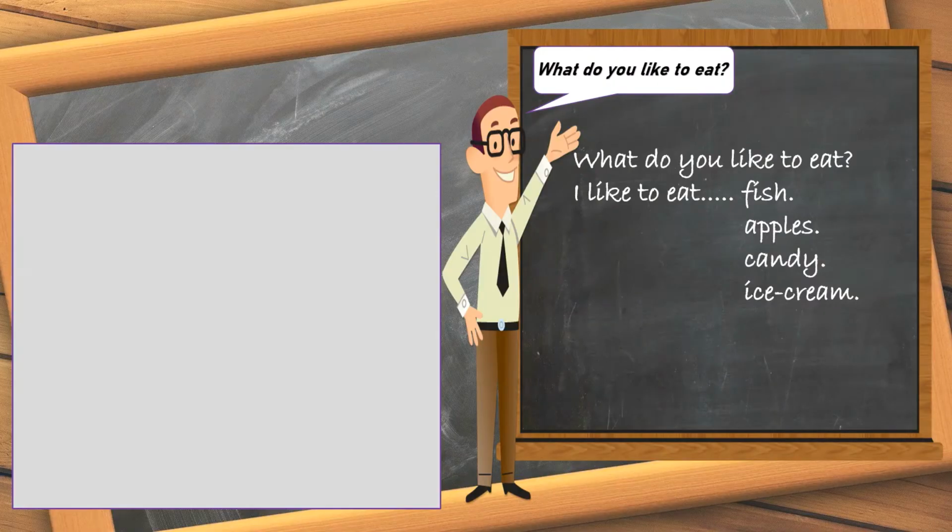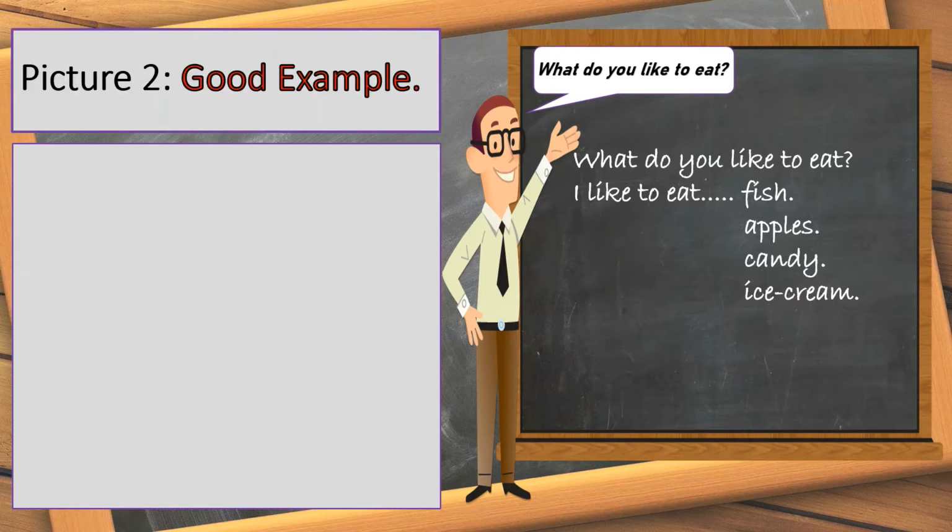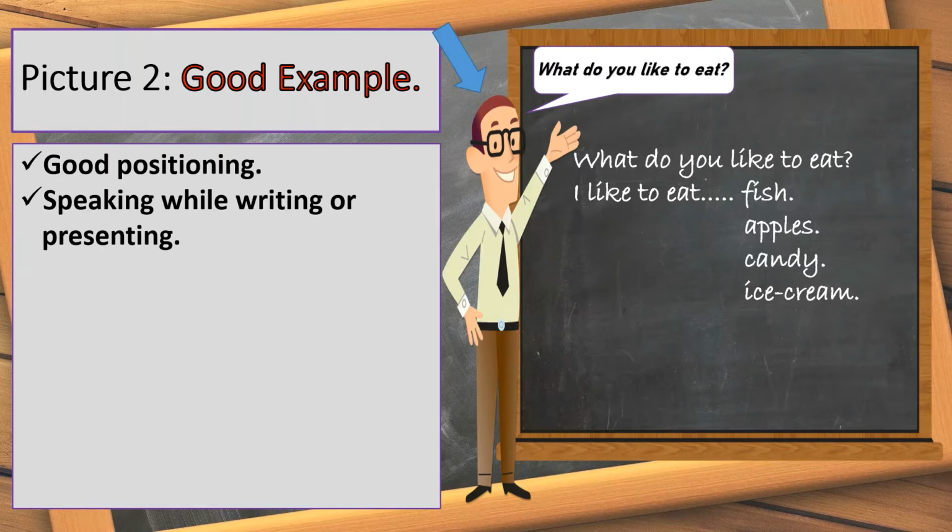So here is picture 2. And as you probably guessed, this is a good example. This teacher has good positioning. He's on the left-hand side of the board and he's not blocking the view of any of the students. He's also speaking while he's writing or presenting. This is important because it shows that you're going over the material with the students and it keeps them involved